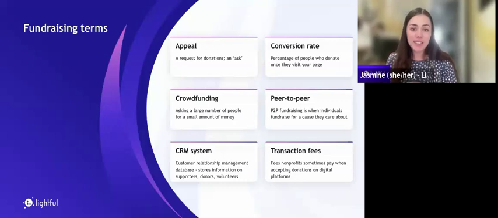And then finally, there's transaction fees. These are fees that nonprofits sometimes pay when they accept donations on these third-party platforms. Lots of platforms give you the option for donors to offset these fees, which is really helpful. So in your donation page for things like Just Giving and GoFundMe, there's a tick box that donors can select to make sure there's no cost to your organisation, as the donor can then cover what is usually quite a small fee. But those are most of our key terms for now.